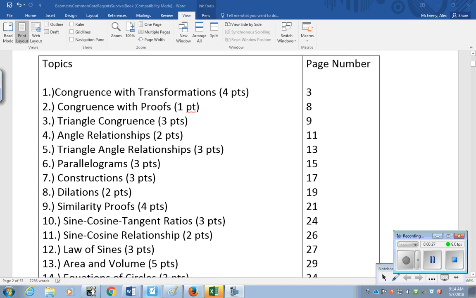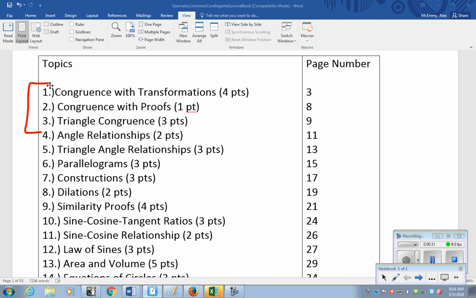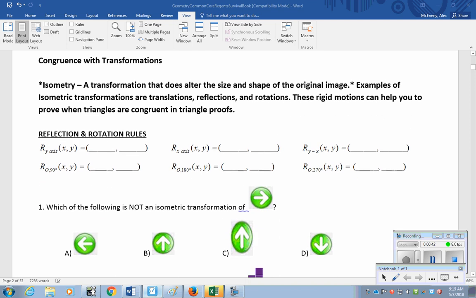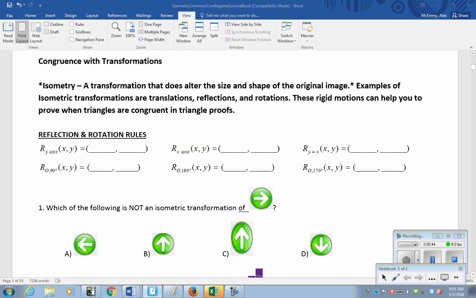This is going to get us from about page 3 to page 10. We'll talk a little bit about transformations and congruence with proofs, and we'll also talk about triangle congruence and triangle proofs. So moving on to page 3, you'll see on the top of page 3, there's actually a little typo that I'm going to fix right there. So it says a transformation, an isometry is a transformation that does not alter size and shape